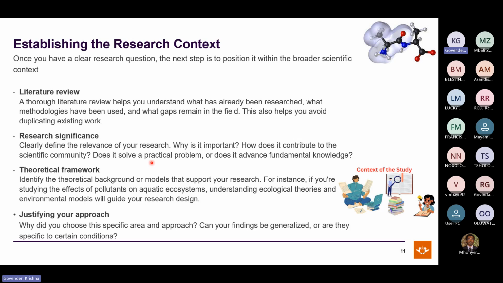Right, and then justifying your approach. Why did you choose this specific area and approach? And can your findings be generalized, or are they specific to certain